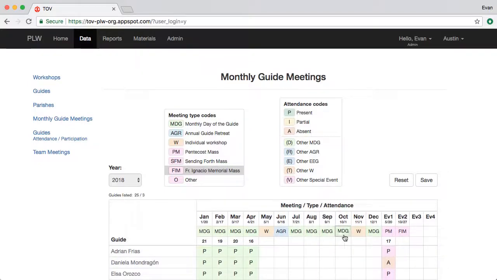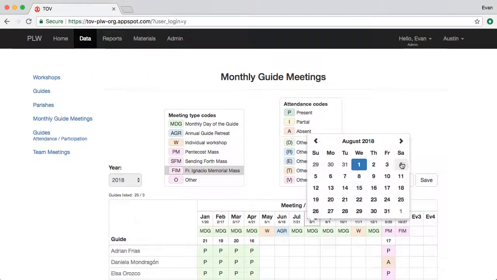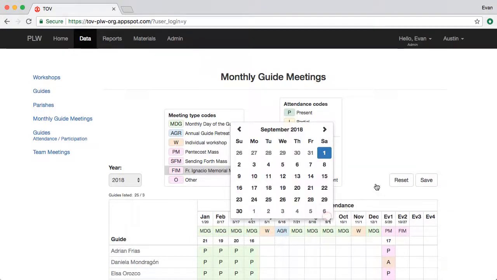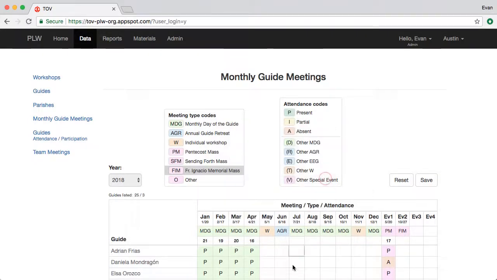So once we have these things filled out, as I said, we can also specify the exact day of each one. Here in Austin, we do every 3rd Saturday. And so we specify the dates here. September 15th it would be. All right, so now that we've specified the type of meeting for each month, we can look at the